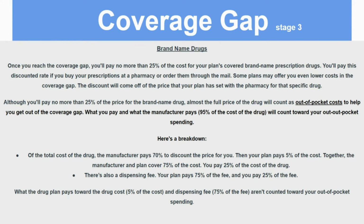Okay, so let's talk about brand name drugs in the coverage gap stage. Once you reach the coverage gap, you'll pay no more than 25% of the cost of your plan's covered brand name prescription drugs. You'll pay this discounted rate if you buy your prescriptions at pharmacy or order them through mail. Some plans may offer you even lower costs in the coverage gap. The discount will come off the price that your plan has set with the pharmacy for that specific drug. Although you'll pay no more than 25% of the price for the brand name drug,